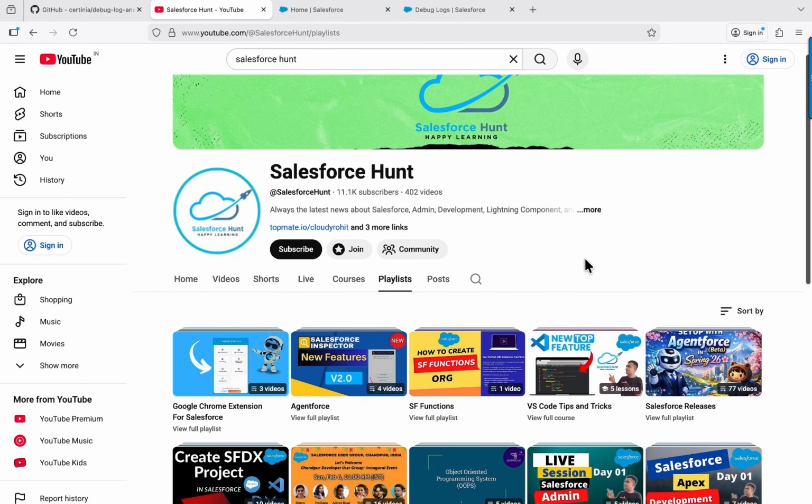This is Rohit, and today I'm going to discuss this new Certinia Pax Debug Log Analyzer. It's very helpful for us if you are working at the Salesforce admin, developer, and architect level, and day by day you are facing this problem of performance and analysis of debug logs. It's very hard to work with these debug logs, but in this video you will learn an effective way to analyze your debug log using the Certinia MCP